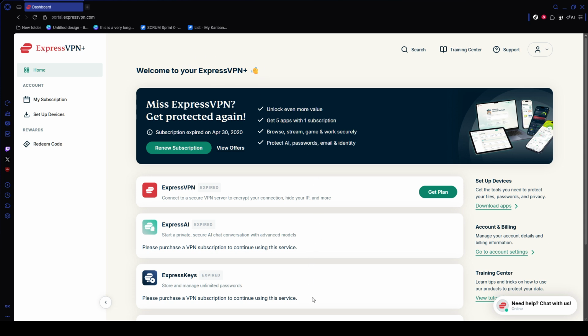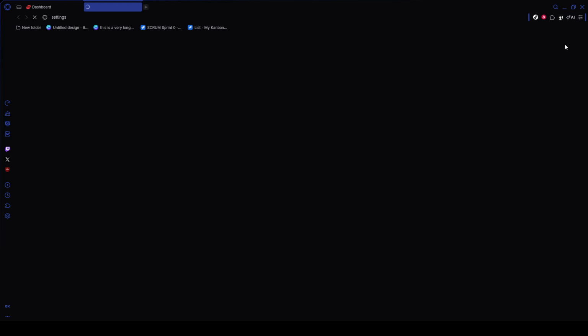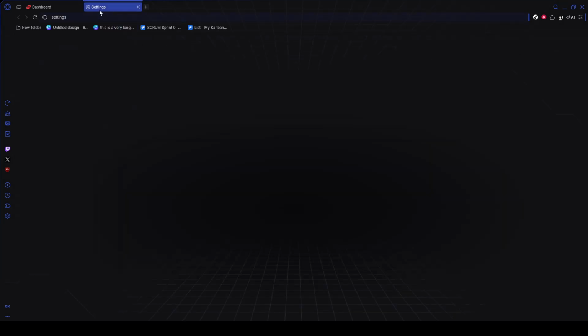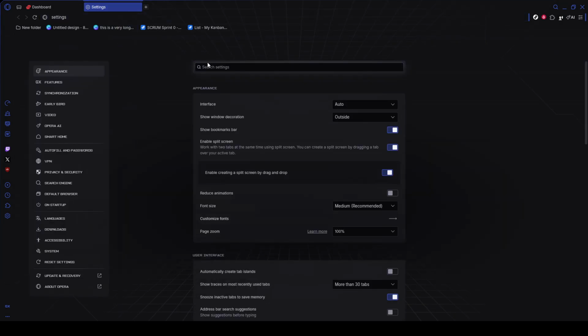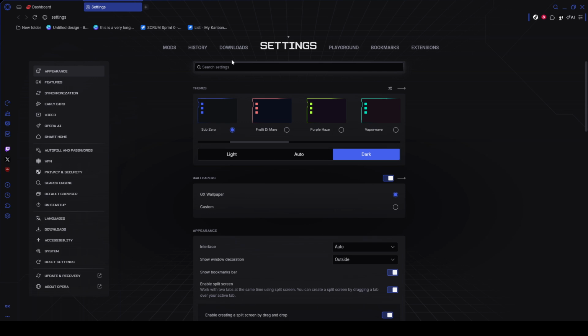First, open the ExpressVPN app on your Mac. If you're currently connected, click the main power button once to disconnect. Wait until the app clearly shows that it is no longer connected, then leave the app open in the background. This is important because changing network settings while the VPN tunnel is active can sometimes prevent the changes from applying